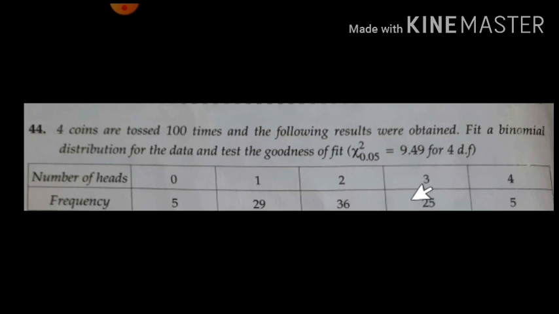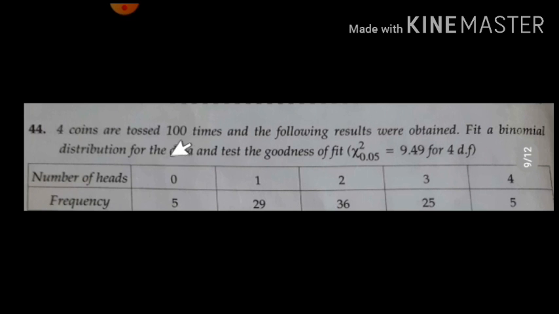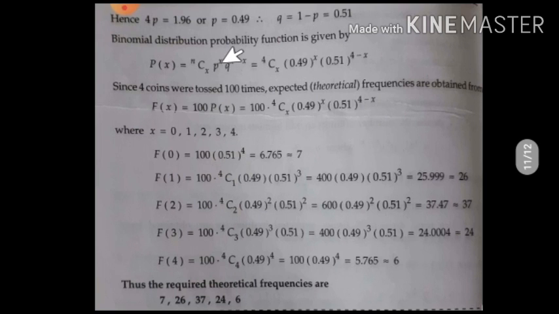So here there is no need to add the data, because the expected frequencies you may get are more than 10. Okay, so no need to add it here. We will observe that when we do the calculation. First we do the calculation for fitting a binomial distribution. To fit a binomial distribution theoretically, the formula is nCx p to the power x into q to the power n minus x, where I need to calculate what p and q are.